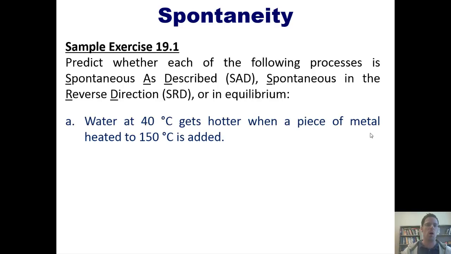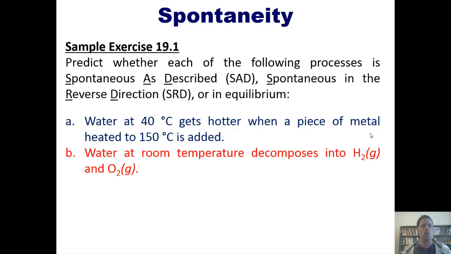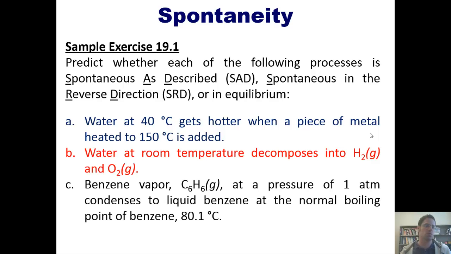Here's the first one. Water at 40 degrees Celsius gets hotter when a piece of metal heated to 150 degrees Celsius is added. The next one, water at room temperature decomposes into H2 and O2. Next, benzene vapor, whose formula is that, at a pressure of 1 atmosphere condenses to liquid benzene at the normal boiling point of benzene. Now I want you to think about each of these processes and determine for yourself if